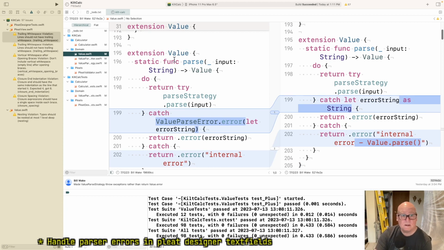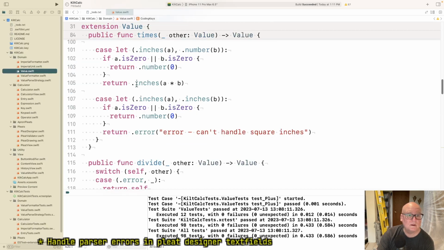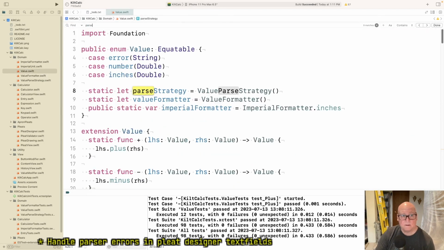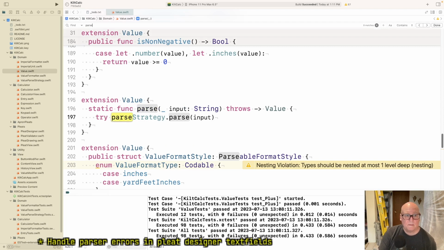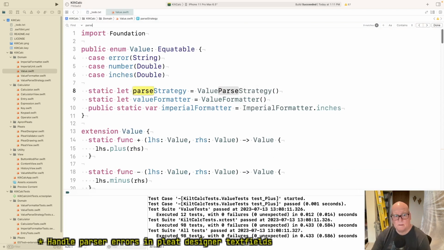Okay, so extension value parse, let's error string as string. Value, let's find parse.